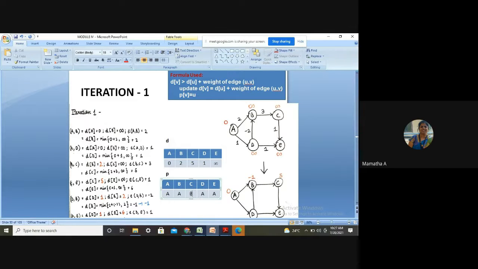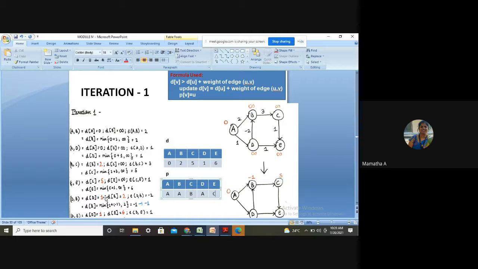Similarly, coming to C comma A, you can see now d of C, you should take the updated value. Earlier it was infinity. That's the reason I have written in a different pen. So 5. Then d of D becomes 6, which was infinity. Can anybody tell me the path matrix? P of D is what? C, ma'am. I should write C. Are you understanding? Similarly, we have the next stage, so all the edges you have to repeat. You might feel lazy to do it, but there's no other option. You have to do it.